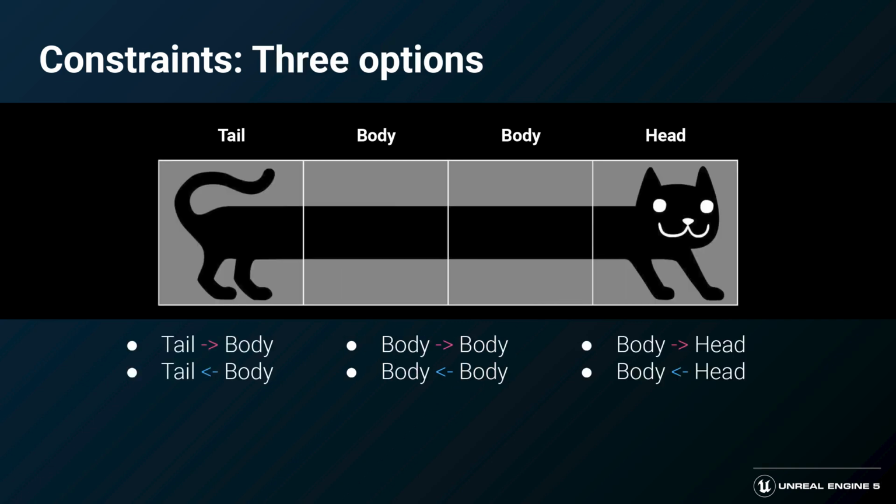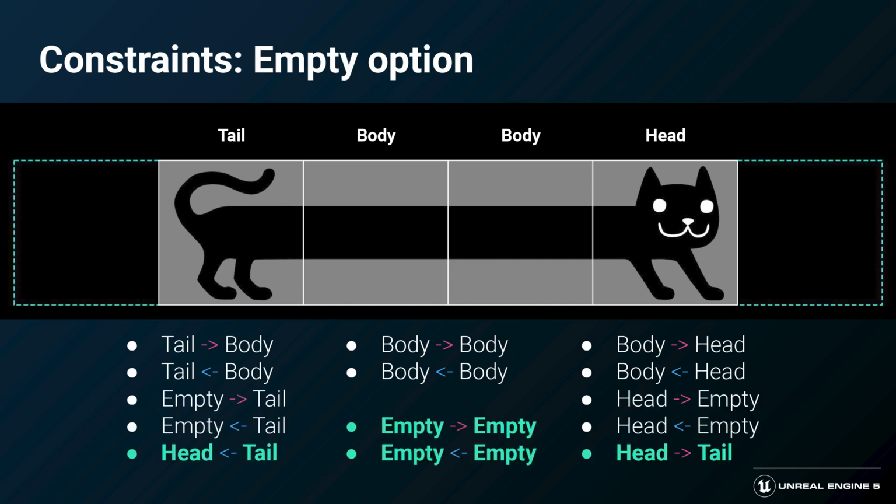Here we increased the grid to 4 tiles and added a third option, the body. We can see a total of 6 constraints. Next, we introduce a special option, the empty option. Empty options are useful when you want to ensure that the bounds of the grid will not form open-ended solves, like having a body option at either end of the grid. Empty options can be adjacent to each other. If you have an A to empty pair and an empty to B pair, then an A to B pair